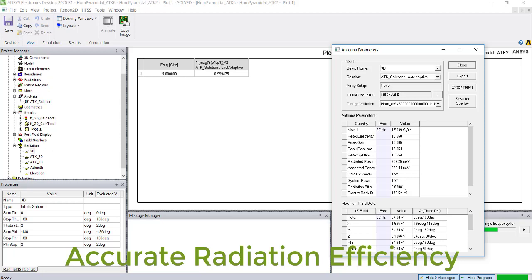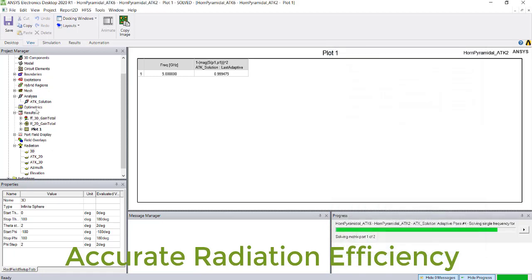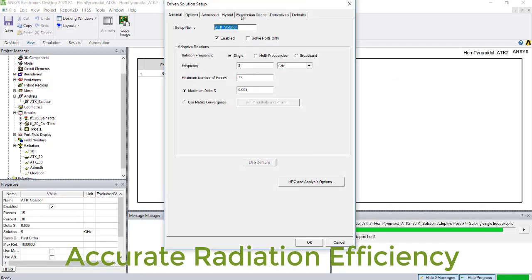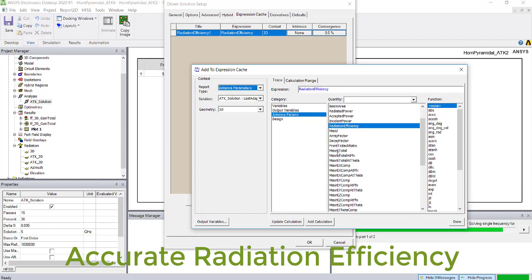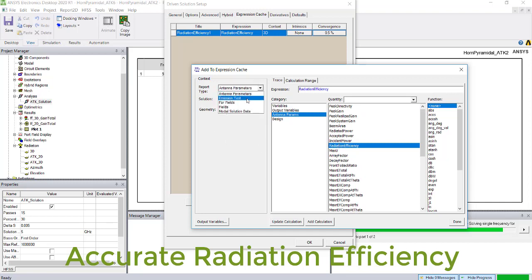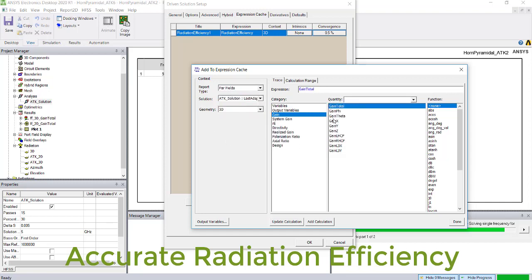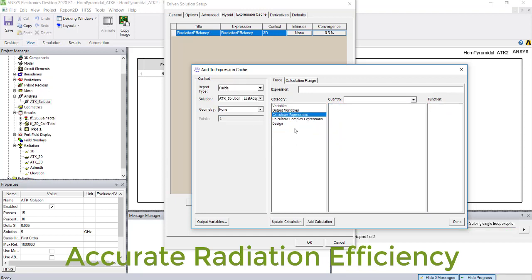So this is the way we can calculate the radiation efficiency, or you can ask HFSS to converge on any quantity. There is no restriction to converge on only a particular thing. So you can add customized convergence here. You can ask for any antenna parameter to converge, like radiation efficiency, peak gain, realized gain, or anything. Or I wanted to converge on some far field quantity, directivity, or fields.